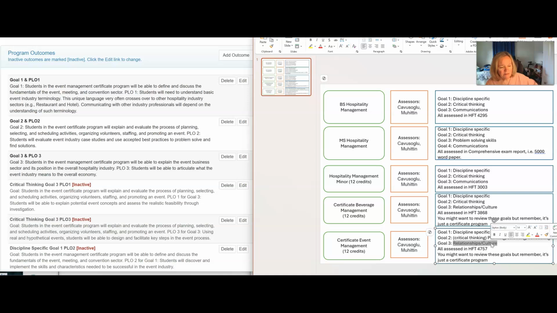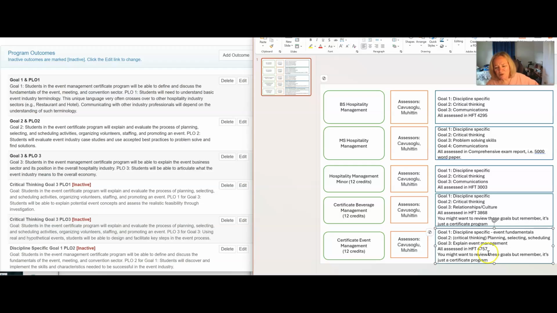Then they've got inactive goals. I'm not sure what happened there either, unless they had them and then they got rid of them and maybe did something more specific. So that's how it sort of looks for me. So what would you call this? I don't know. Explain event management, ability to event management.